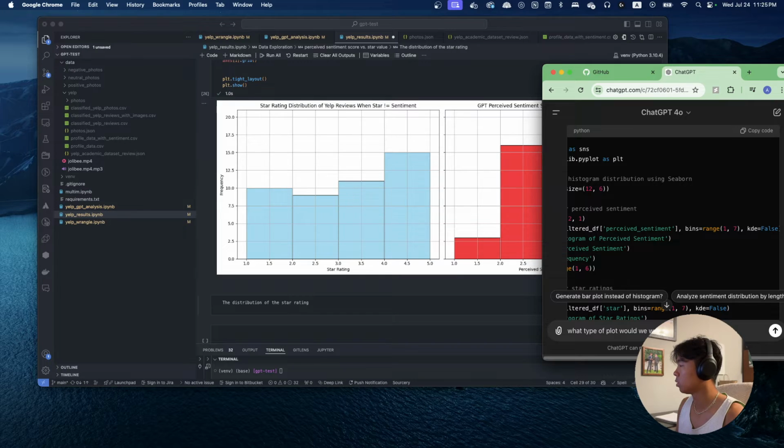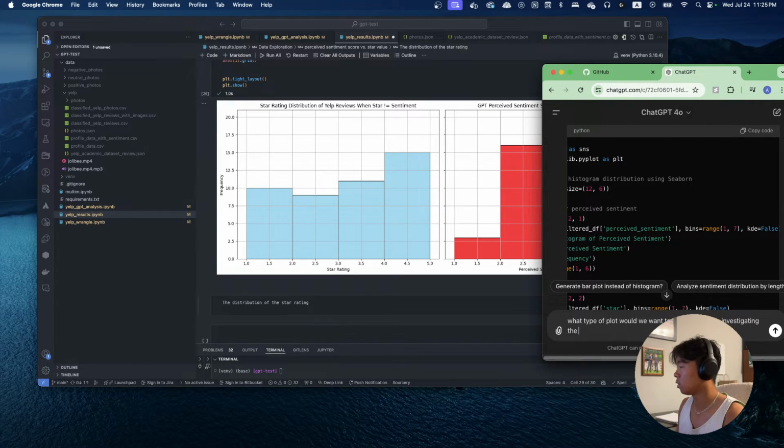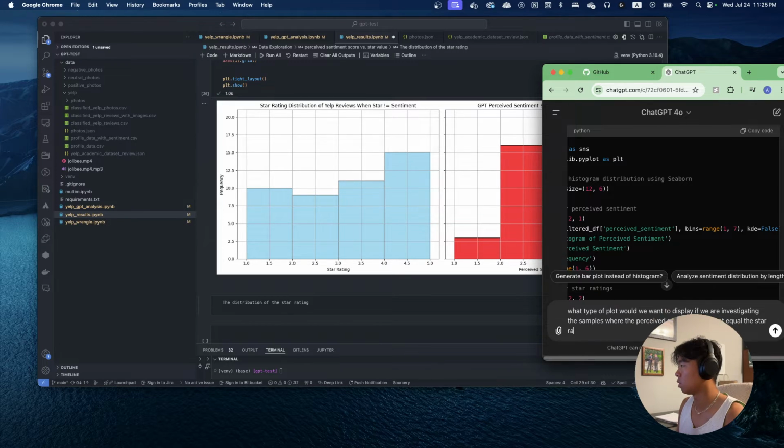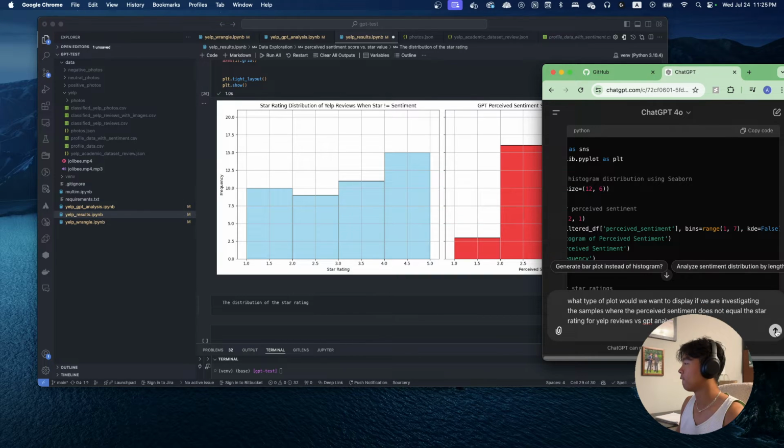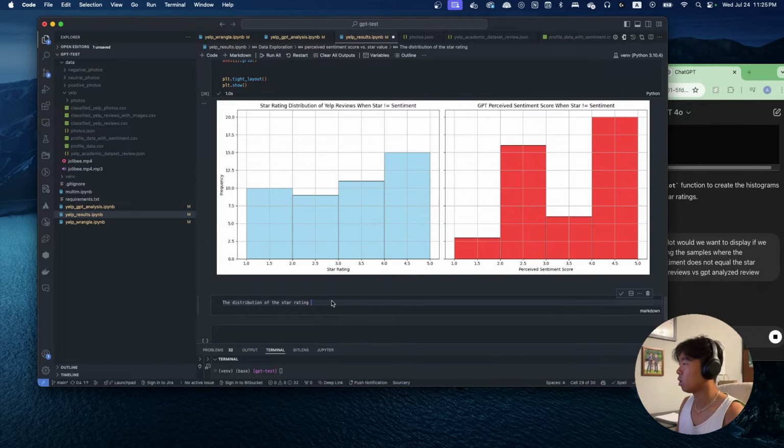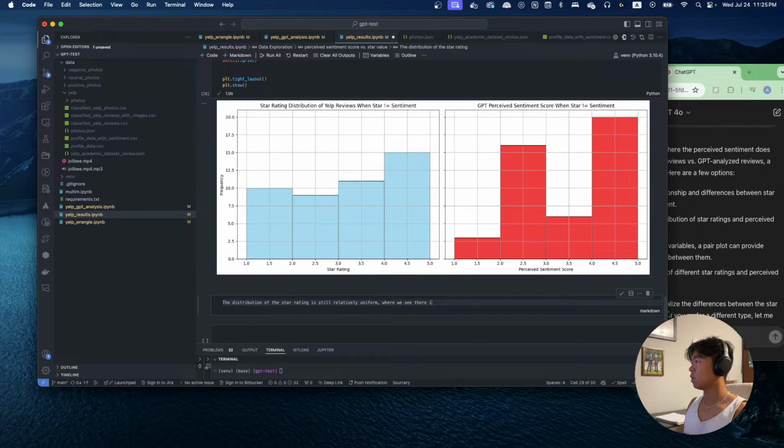I want to display investigating the samples where the perceived sentiment does not equal star review versus GPT. The distribution of the star rating is still relatively uniform, but we see there is greater frequency